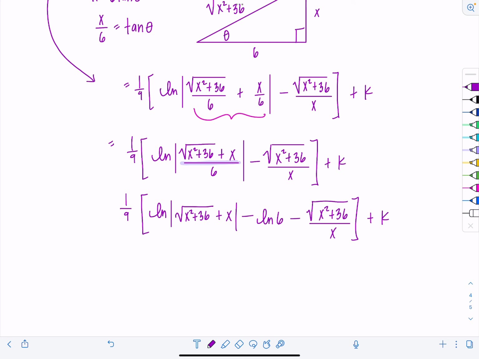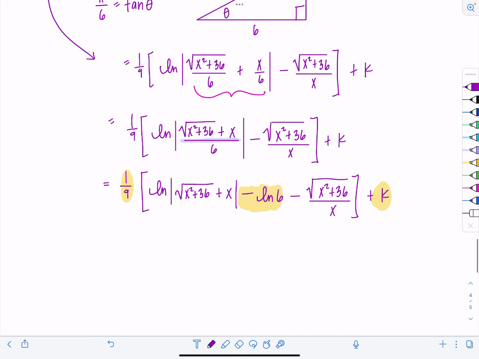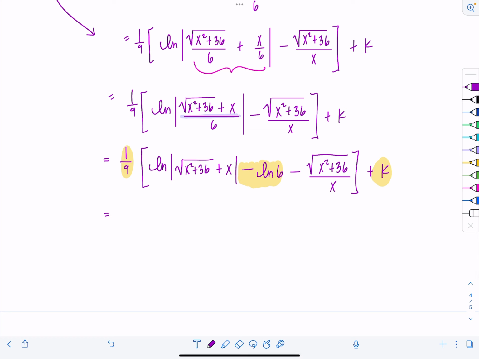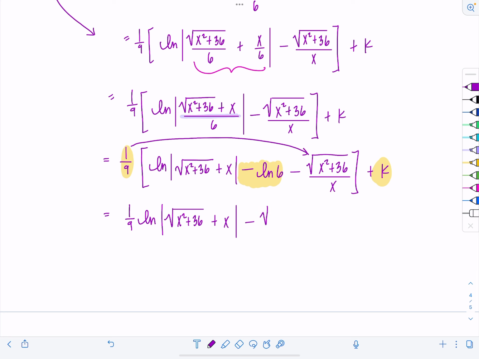What's the point of doing that? Well, a lot of the times you'll see this is just some constant, right? The minus ln of 6 times 1/9 technically. We'll just absorb it into the constant and not write it in our final answer. So as the most aesthetically pleasing cleaned up final answer, we should have 1/9 ln absolute value rad x squared plus 36 plus x, minus, and I'm actually going to distribute the 1/9 to that next term, rad x squared plus 36 over 9x